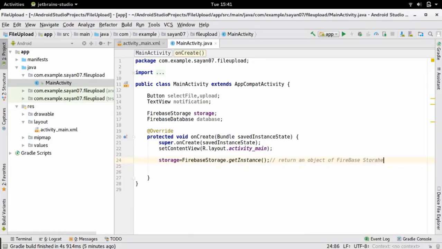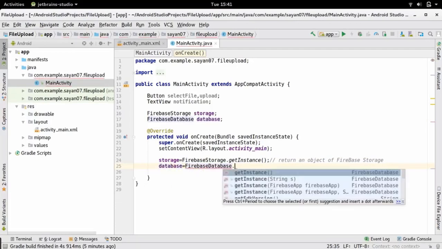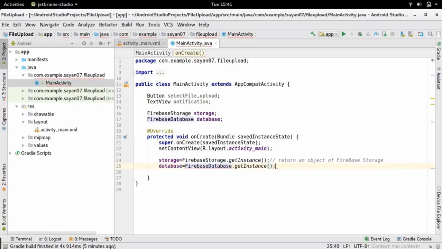Okay, now initialize the database variable. So in a similar way, write FirebaseDatabase.getInstance. So it will similarly return an object of Firebase database.